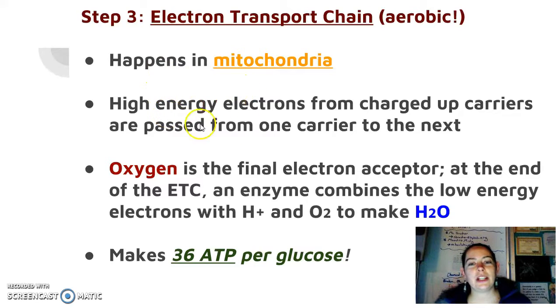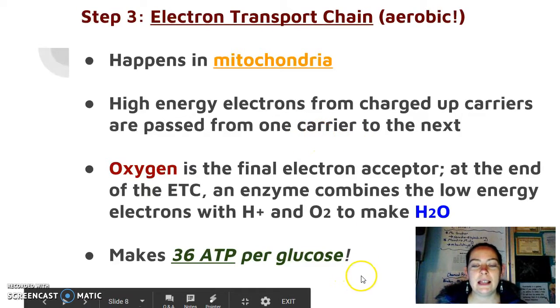So those high energy electrons that we took off of the glucose when we broke it down little bit by little bit, they're passed into the electron transport chain, and then they'll get bumped from one carrier to the next from proteins inside the mitochondria. And as these electrons get passed along, the energy from them is going to get used to make ATP. And at the end of the chain,